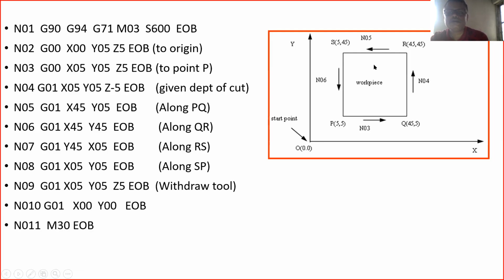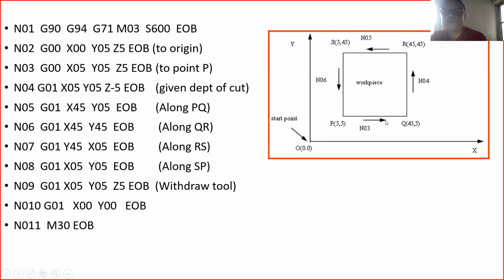So this is the rectangular milling operation we have done simply with the help of G01. To summarize what we have done in this program: initially the tool was here at 0, 0. I have brought it to this point on the workpiece, 5, 5. Once you reach here, you have to give G01 and Z minus 5.